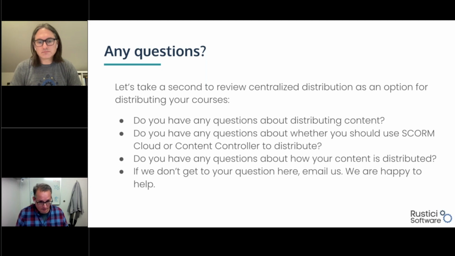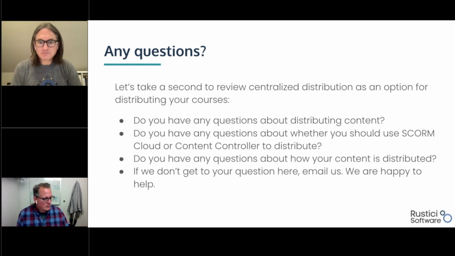So great question. First off, for those of you who don't go too far into the SCORMy weeds, there is a concept of suspend data, and the suspend data bucket is a place for a piece of content to put its stuff. It can put whatever it wants in there, as long as it stays within the limits of each of the standards. SCORM 1.2 has a limit of 4,096 characters. And if your course leans on suspend data a bunch, which is totally cool to do, then if you hit the limit, you could run into some problems.